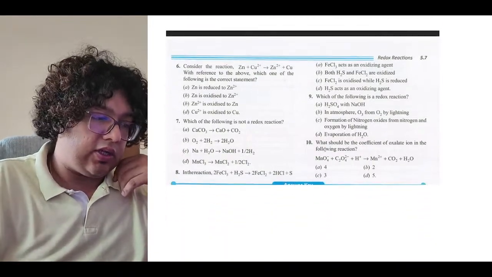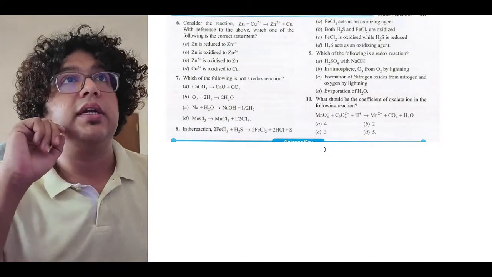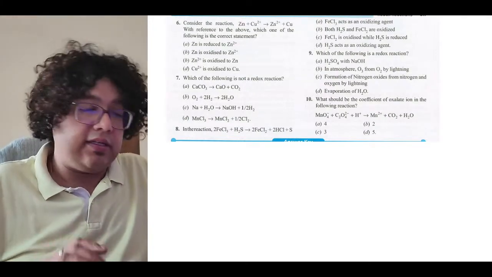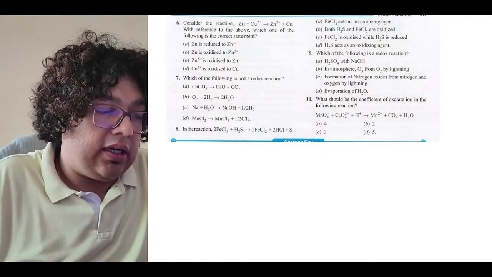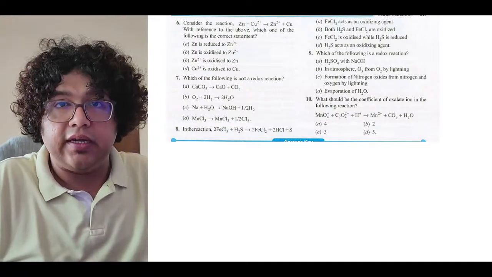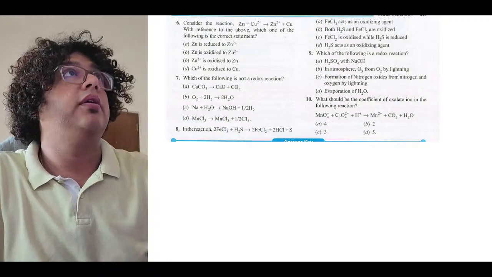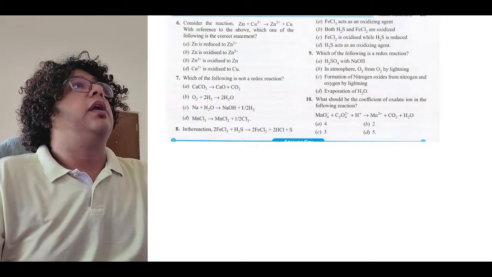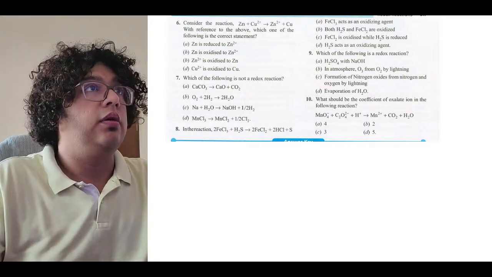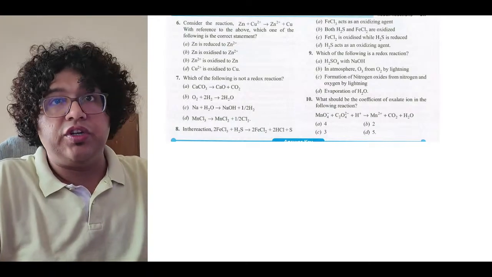Let me just do one thing. Since we are here with a plan to do some questions, let us focus on question number 10 for the time being. All of you who have not solved in-text exercise, please look at question number 10 and try to find out what should be the coefficient of oxalate ion in the following reaction. Now, for those who have done this question, let me give you one question. Give me a moment. Those who have done it, give me 1 minute. Those who have not done it, please start doing question number 10.